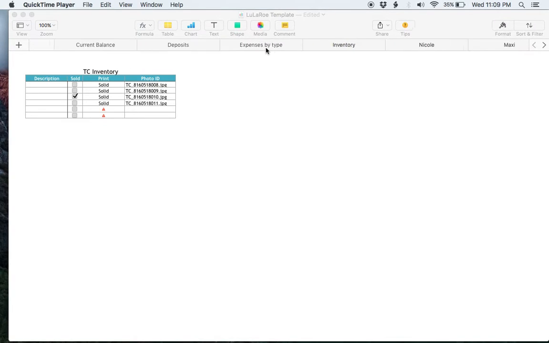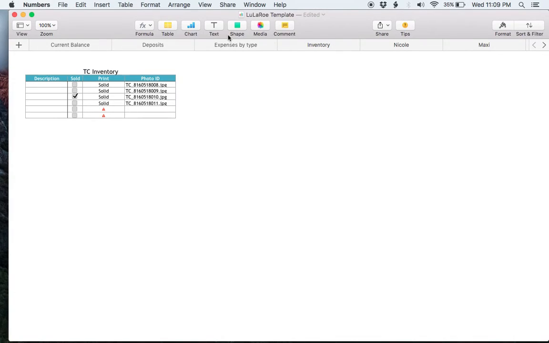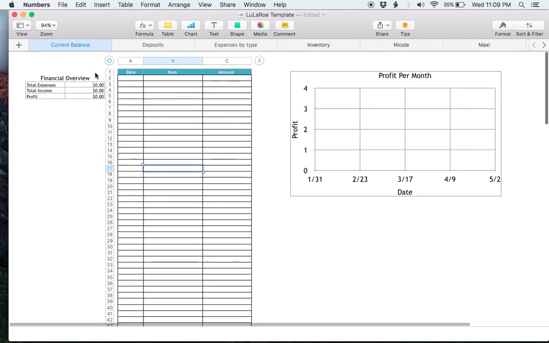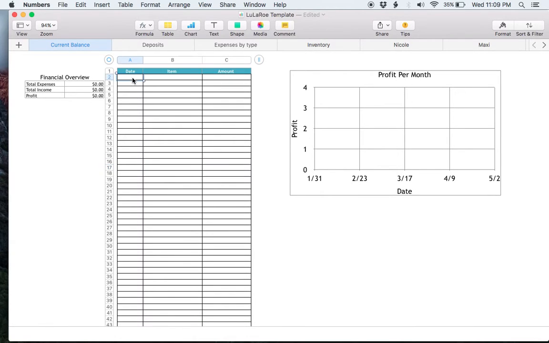Okay, my last video today, I will be showing you the full extent of the numbers sheet. So we're going to start on the very left. There's a current balance sheet. In your current balance sheet you're going to put the date, the item, and the amount that you purchase an item for, or you sell an item, or not necessarily an item, but